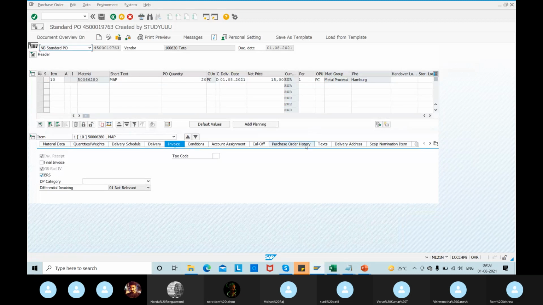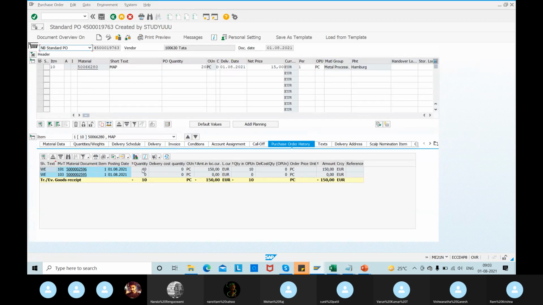We go to purchase history. We can see 10 quantity I received, guys. For this 10 quantity, 5 quantity got damaged. What I will do? I am going to send back the remaining damaged 5 quantity with respect to